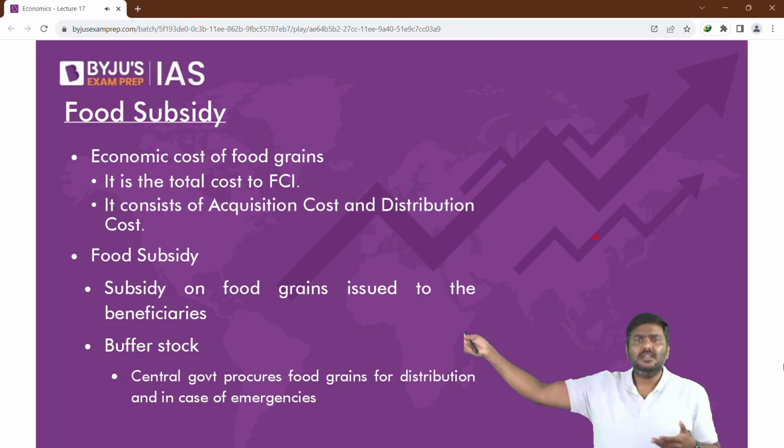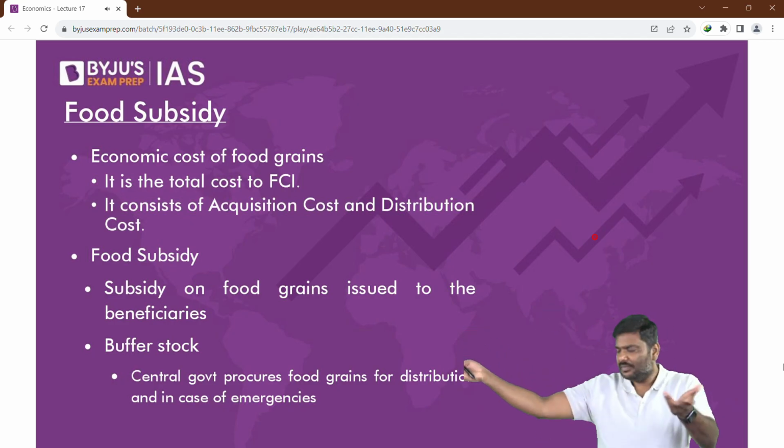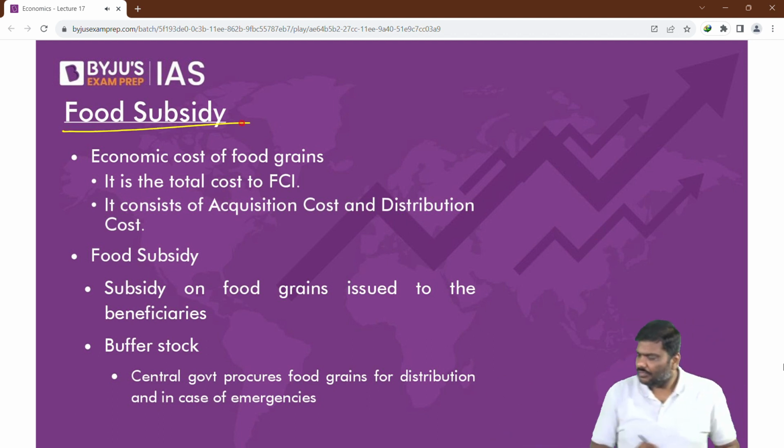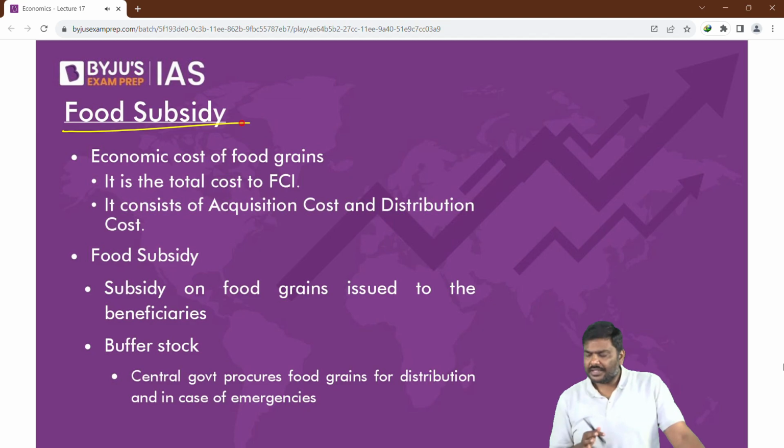Right? If they purchase at a higher price from the farmer, they will sell it at a much higher price to the consumer. That's the point I'm making here. Okay? Food subsidy. Next,